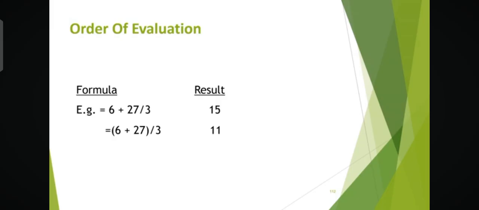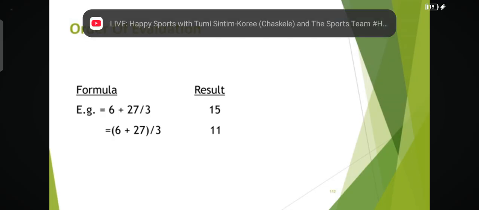So when we look at this, we have 6 plus 27 divided by 3. Which of these comes first in the order of precedence? Looking at this, we know that division comes before